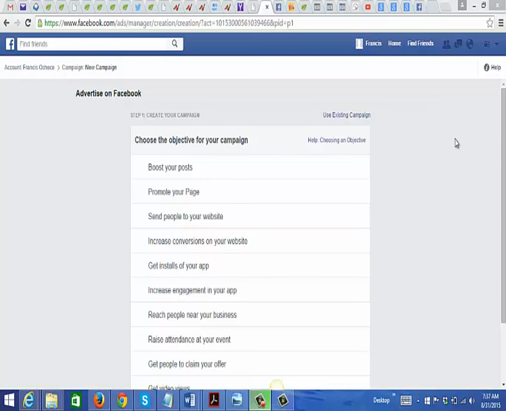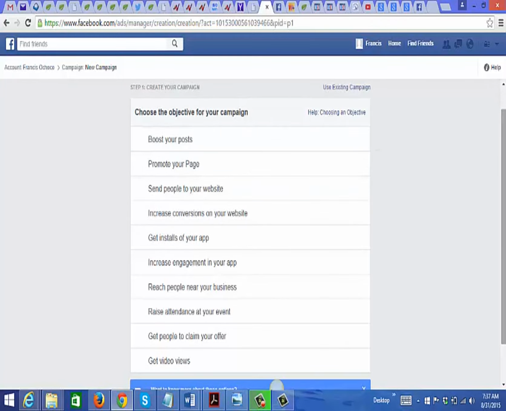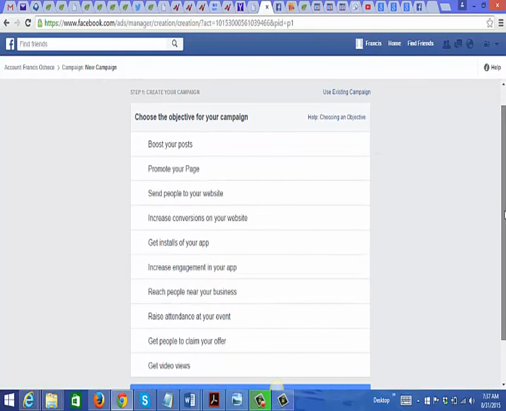When you click on create ad, this is the page that you were brought to, and you have a few options here to choose from. Now what I recommend you do is to choose this one right here, increase conversions on your website, because Facebook will use their million or billion dollar technology and try their best to increase the conversions on your website. So what I recommend is you do this one right here,